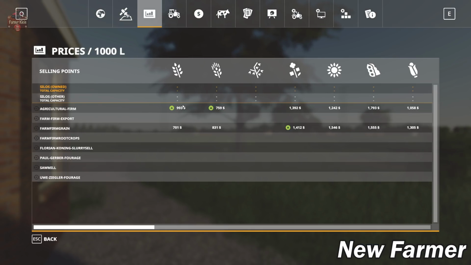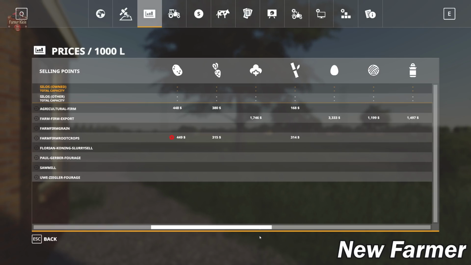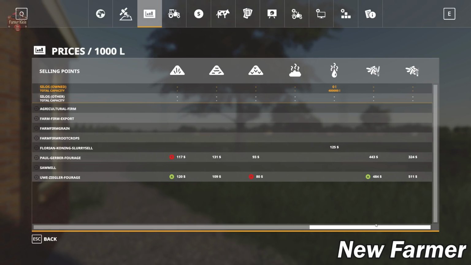Take a look here. We have two main sell points for the bulk of our grain crops. There is no sell point, interesting enough, for oats. Quite interesting. No sell point for oats, so don't be growing oats. You have two sell points for our root crops. We have a sell point for wool, milk, and eggs, which is good to see. We also have sell point for wood chips, two sell points for silage, hay, straw, and grass, aside from the BGA, should you go and acquire that. We do have a way to sell slurry,